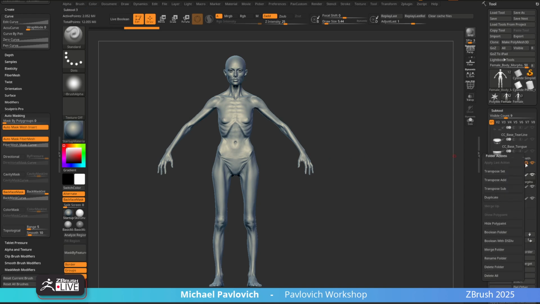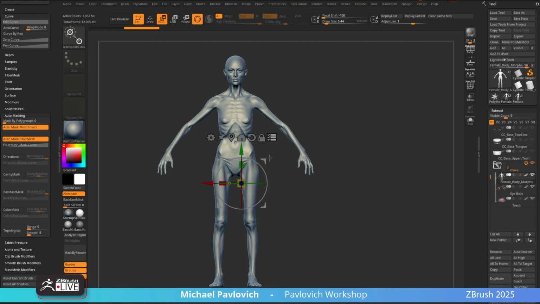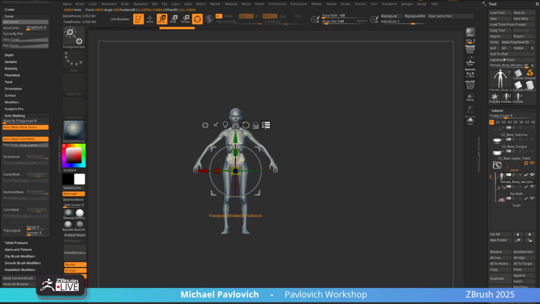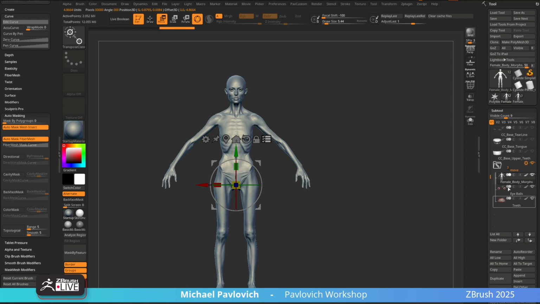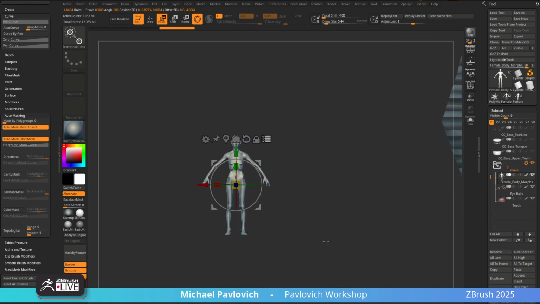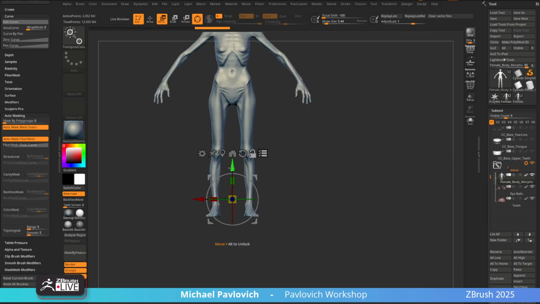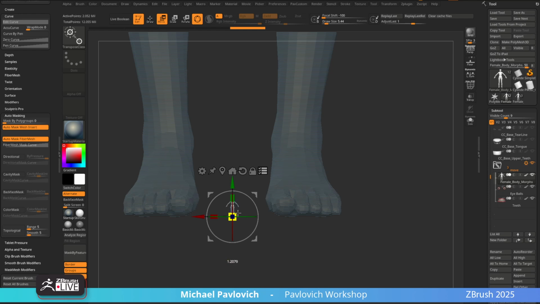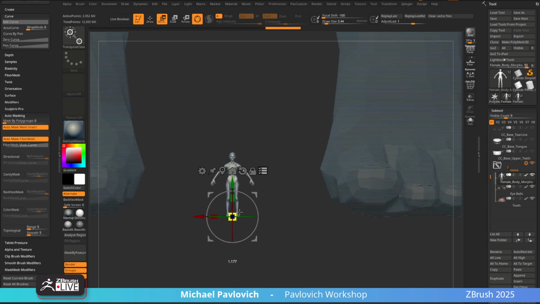So I'm going to go in here to the gear icon, say transpose set. Let's turn off X symmetry, hold down Alt, and go to this little teardrop icon to go to the middle, and then we'll turn X symmetry back on. And then with this, that'll make it so that we're moving all three of these subtools only. So if I back out, hold down Alt and move this down to the bottom of the feet here. So now if I go through here, and this might be a little superstitious,